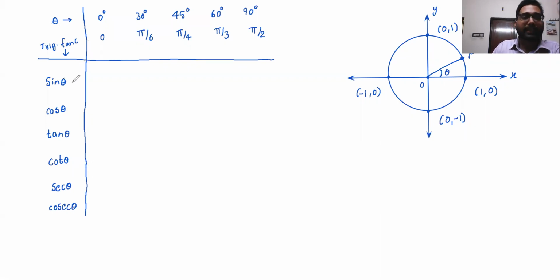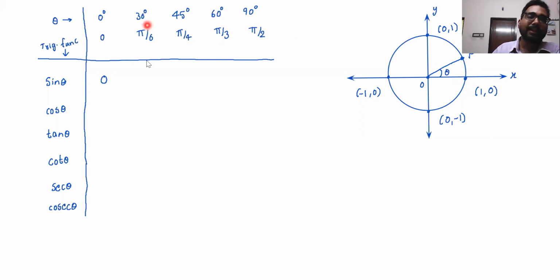So now what is sine 0? What is sine 0? 0 means when you take theta as 0 degrees. So y coordinate upon distance. Distance is always 1, right? So distance is always 1. Sine 0 is going to be 0. Because when P is at this position, what is the y coordinate of P? Y coordinate of P is 0.